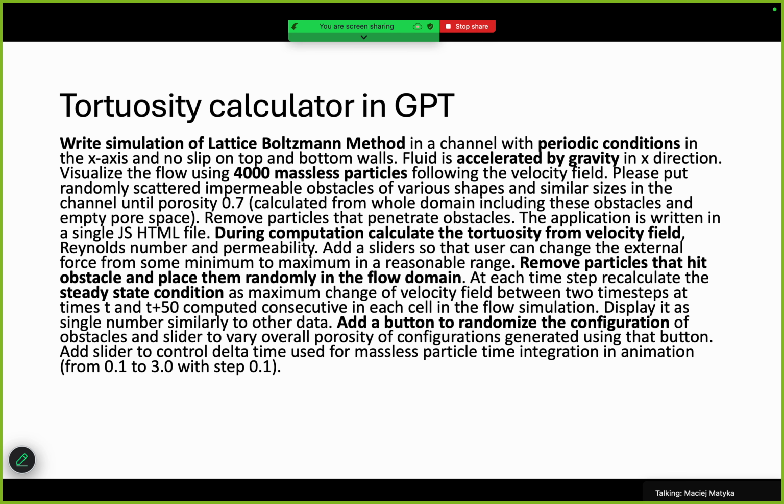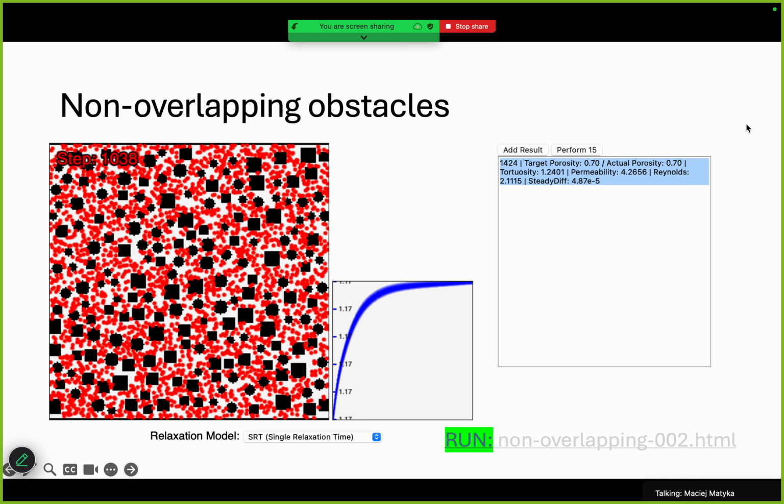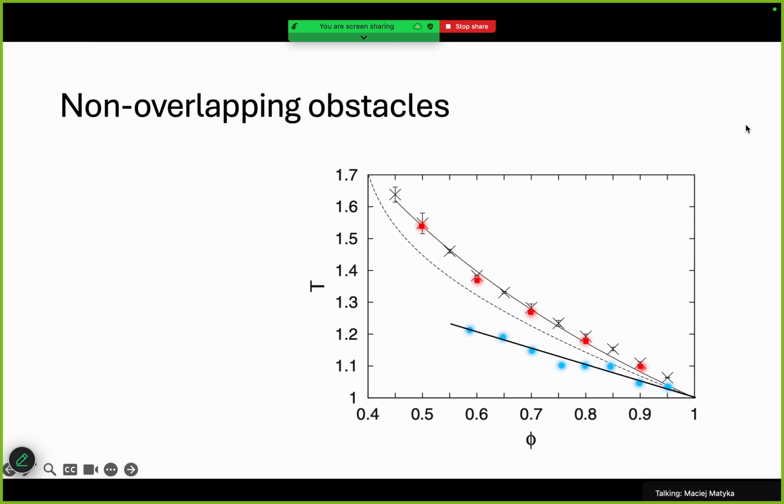I can add the results and do this many times for different. So this is the program, okay? But this program itself is not interesting. We have the results already. So I computed the same, but for the separated obstacles. And the result is pretty obvious that I got the lower velocities of tortuosity because the flow is no longer